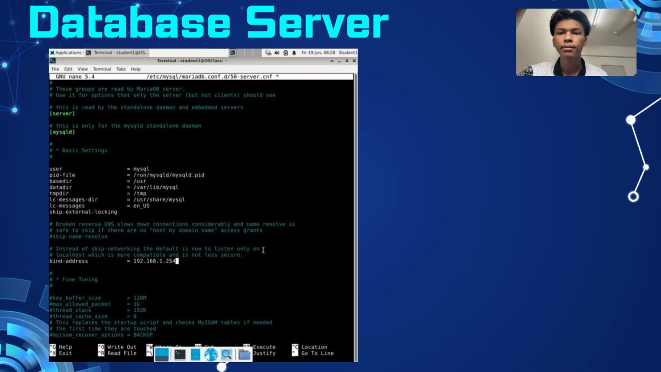Next, I configure the MariaDB server settings by editing the 50-server.cnf configuration file using the nano text editor. Here, I modify the bind-address parameter and set it to 192.168.1.254, which is the IP address of the database server. By default, MariaDB only accepts connections from localhost. Changing the bind address allows authorized devices on the network, such as the web server, to connect to the database remotely. This configuration is important because the database server needs to communicate with other servers within the project infrastructure while